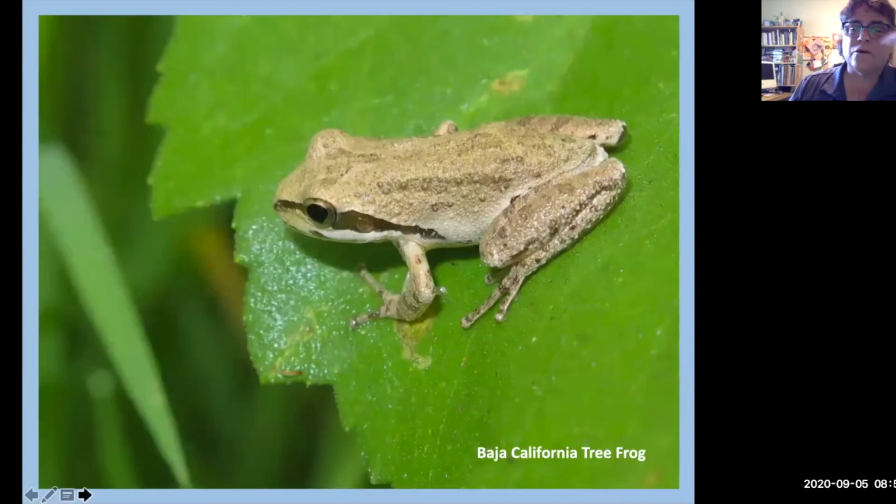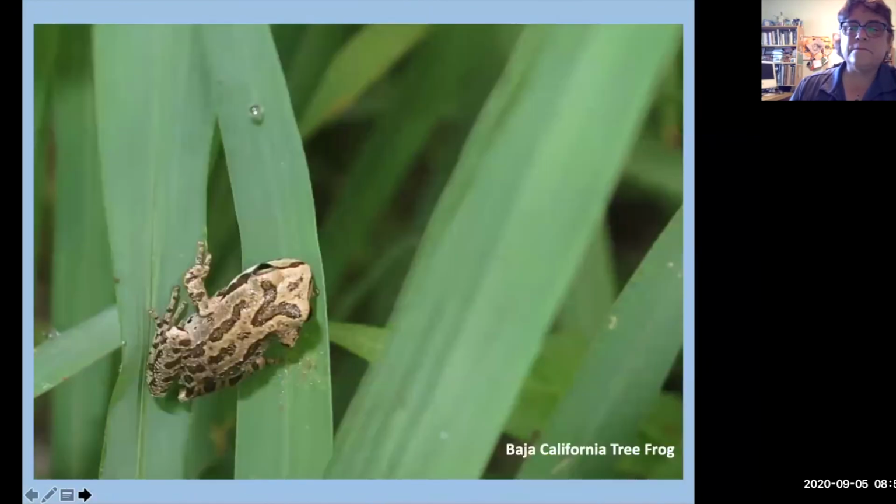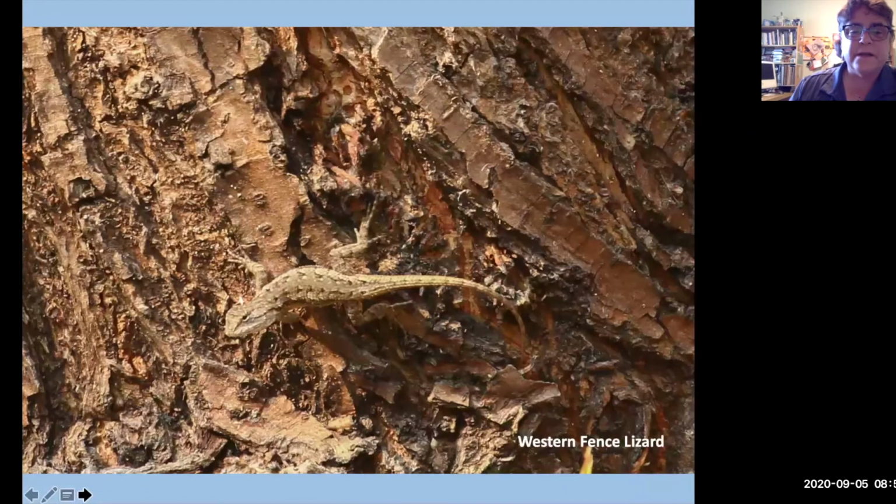But they are so cute, and they change very quickly. All of them have this black stripe from their nose to their eye, through their body here, but they can be any color. Beautiful, beautiful little guy. This guy is only the size of about between a nickel and a dime size. Very small guys. This is the only lizard I saw. I'm sure they were there. I just didn't see them.